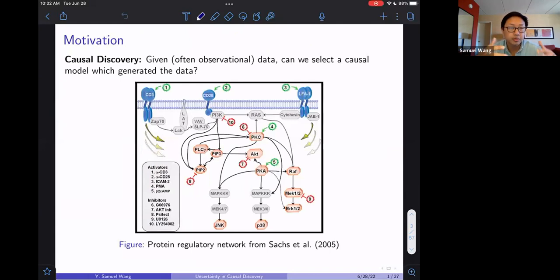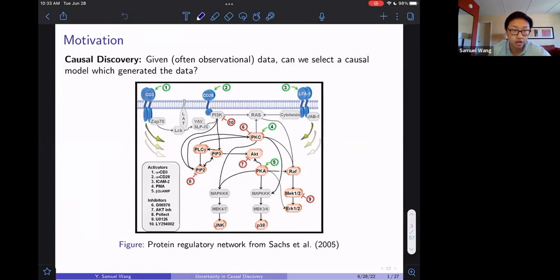All right, so today I'll be talking about causal discovery, and I want to first provide a bit of motivation. This figure is now a classic example from a paper by Sachs et al., which appeared in Science in 2005. It depicts a protein regulatory network, and you can think about this in the way that proteins interact within a biological cell. You can think of this figure as a graph which encodes causal structure, and each of these nodes represents a type of protein, and the arrows indicate some sort of causal effect.